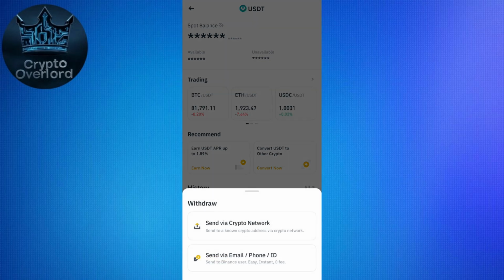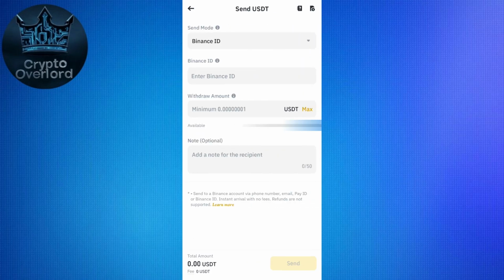Now after tapping on withdrawal, it will give you two different options. The first is of send via crypto network and the second one is of send via email, phone number and ID. So we need to work with the second option, that would be the sending from Binance to Binance with zero fees. So you need to simply tap on that and then you will be landed on this page where